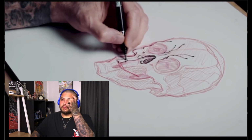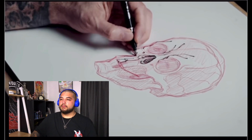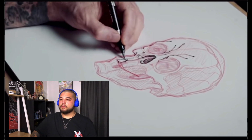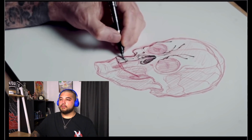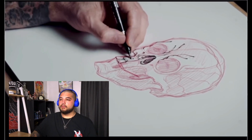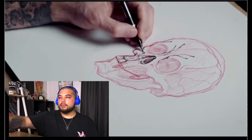And then the teeth, with Japanese skulls, it looks like the teeth are usually a little bit extra large. I don't know why they do it, but it's part of the look, I guess. Do a couple dots, make it look like it's been...